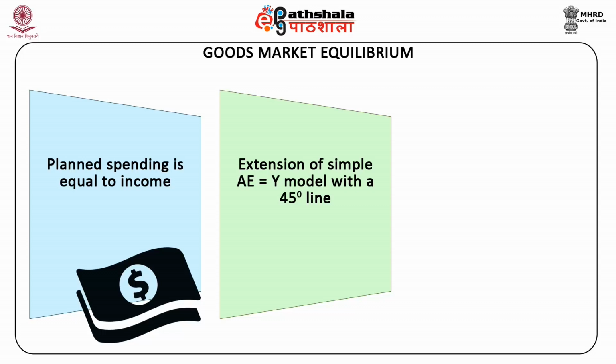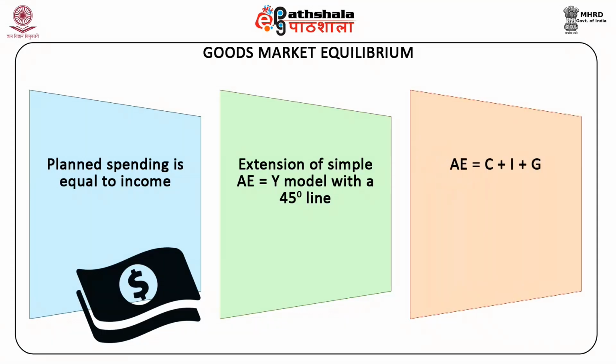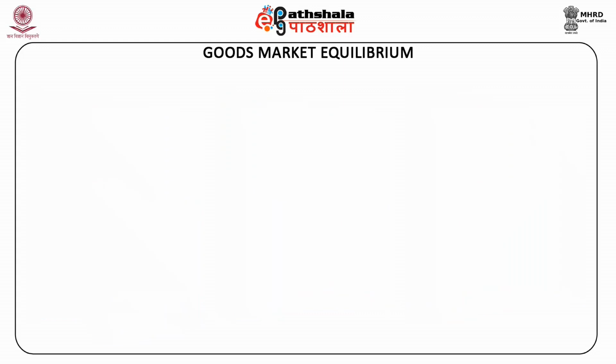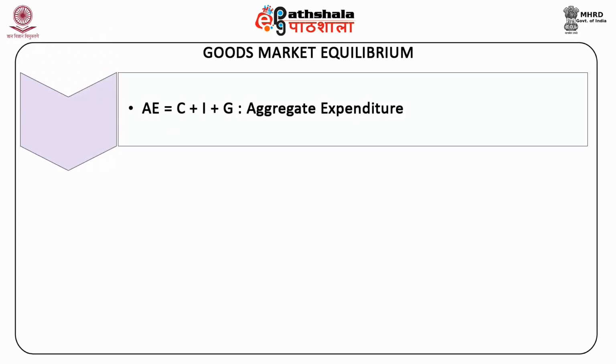The components of AE include AE = C + I + G. In this analysis, it is assumed that a part of consumption, the whole investment, transfer payments by government and government spending constitute autonomous spending. When the functions are inserted in the AE equation, we get AE = C + I + G,